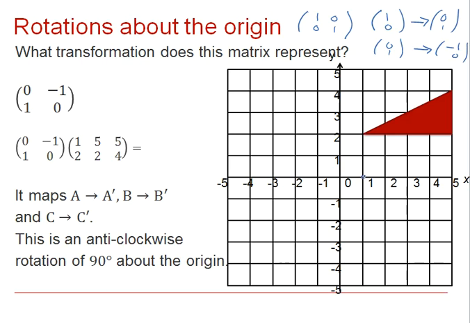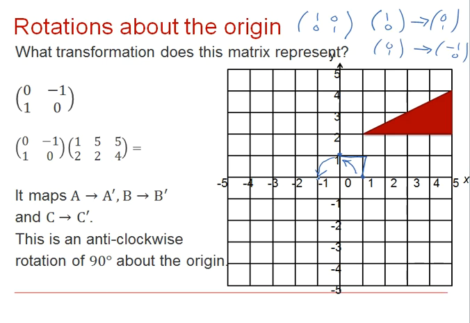So here, we know that this is in effect rotating around the origin. So that 1, 0 goes to 0, 1, and that 0, 1 is mapping down